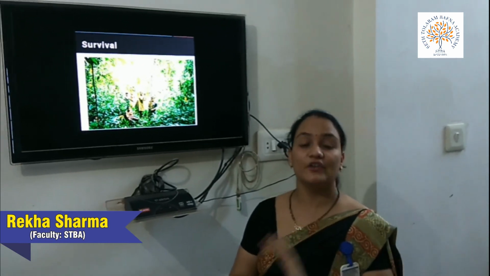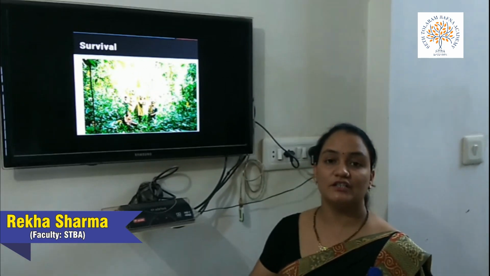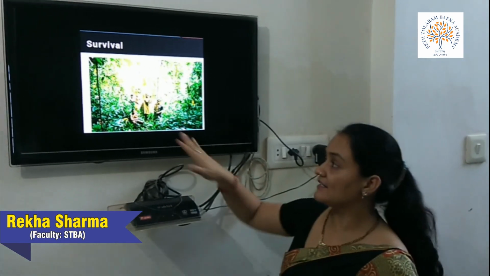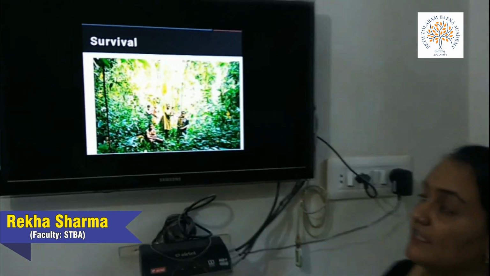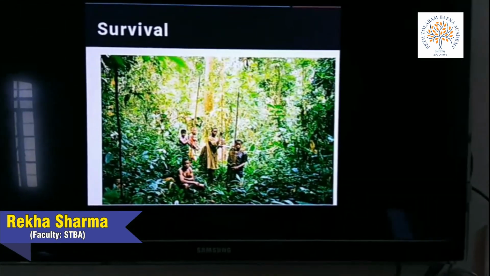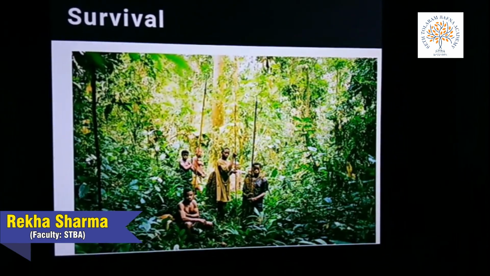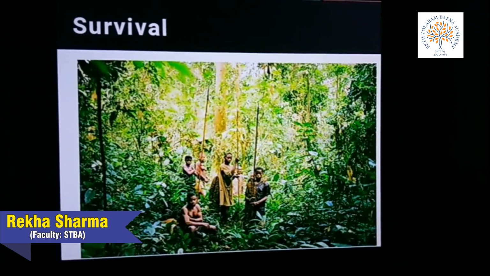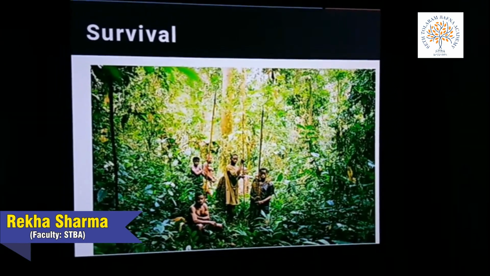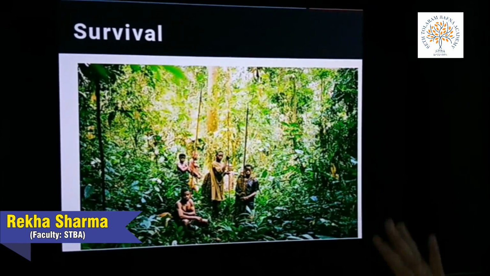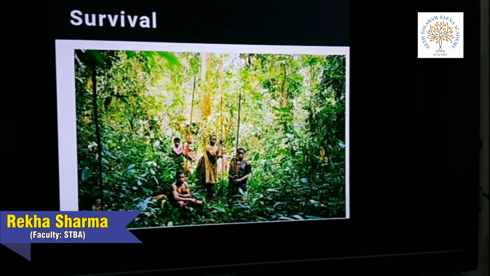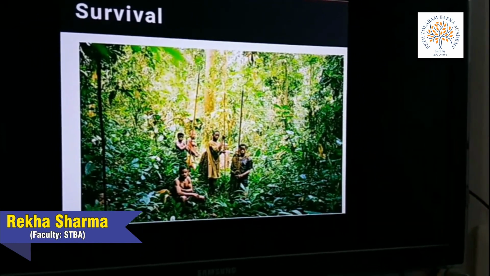Children, as you know, this is called the equatorial region and it is also known as the rainforest. The rainforest areas are sparsely populated. Most of the vegetation and animals are found here, and there are some primitive people also found here. These people are known as pygmies, such as the Native American Indians of South America and the pygmies of the Zaire Basin. They are basically hunter-gatherers. And food is plentiful in the lush forest. As you can see, this is very much covered with forest area.